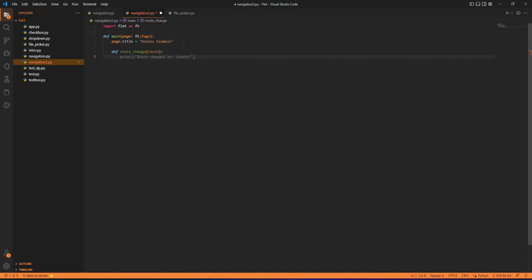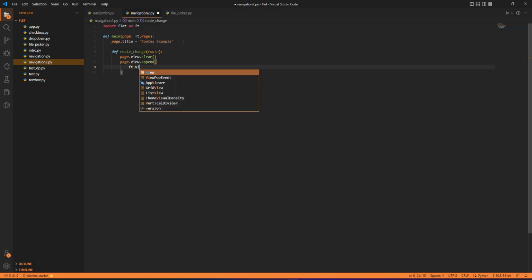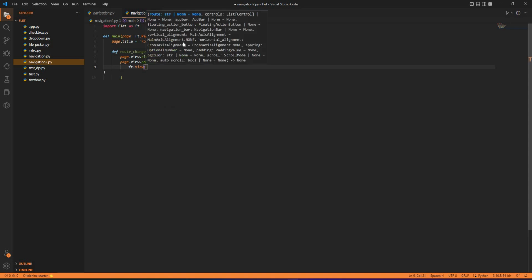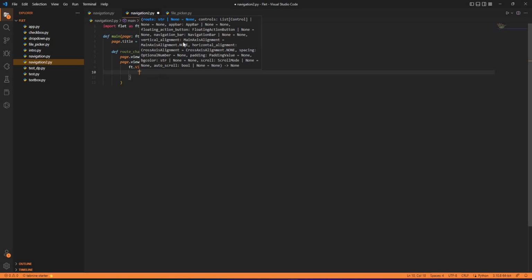Now inside that I'll have first page.views.clear. So I'll clear whatever is there inside, and then I'll append inside that a view. So page.view.append, and to that I'll append some view. So I'll have ft.View. This is a method. In this method I'll add first the path, that is nothing, just a slash, okay, and